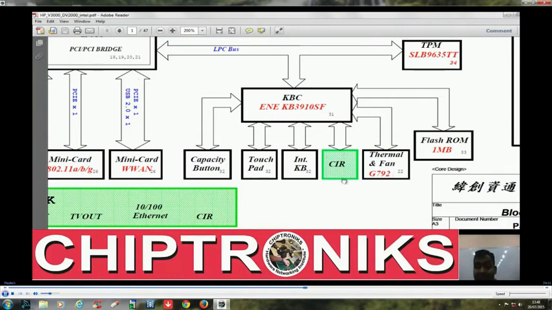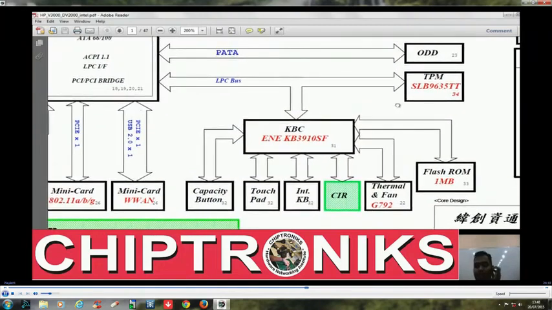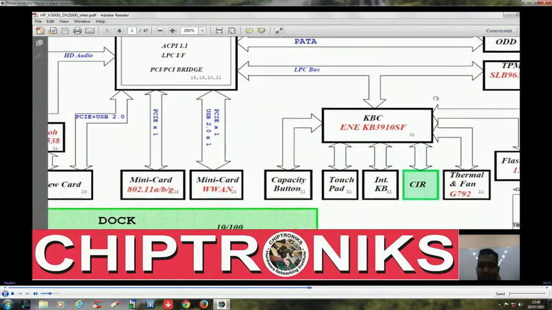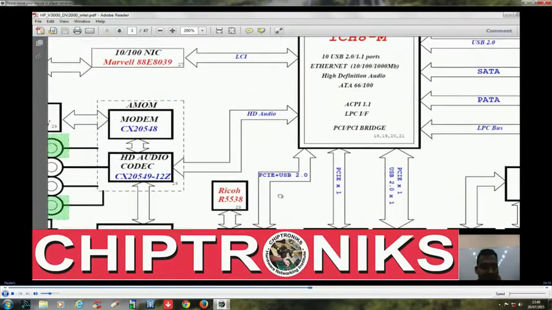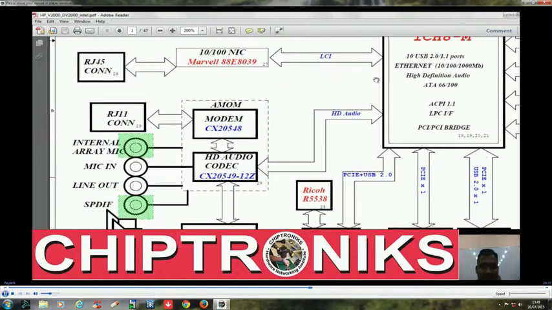CIR stands for consumer infrared. TPM is trusted protection module. What this trusted protection module is, we'll discuss while we are discussing the IO controller. This is actually a protection mechanism, like if your laptop is lost, then this is a kind of protection mechanism. We'll discuss later on. So in the very first page, I think I have explained everything on this page,